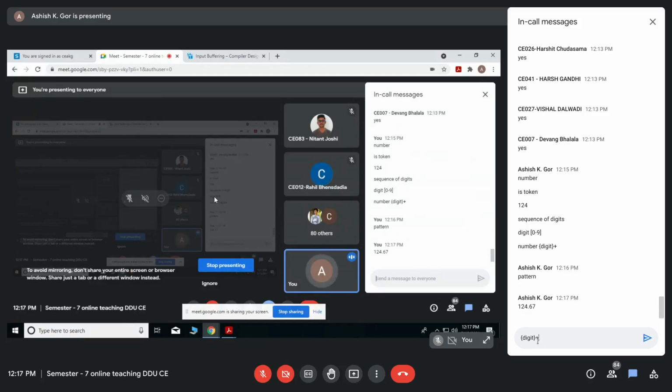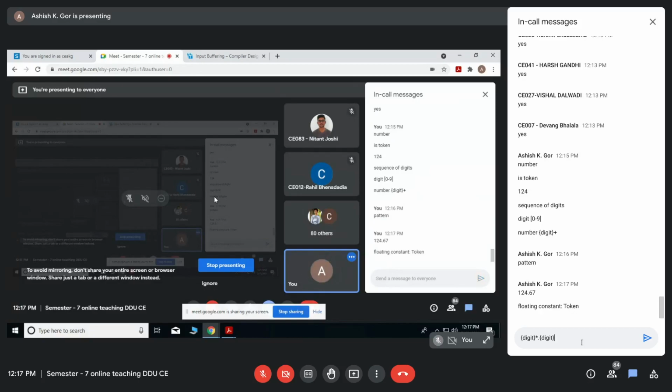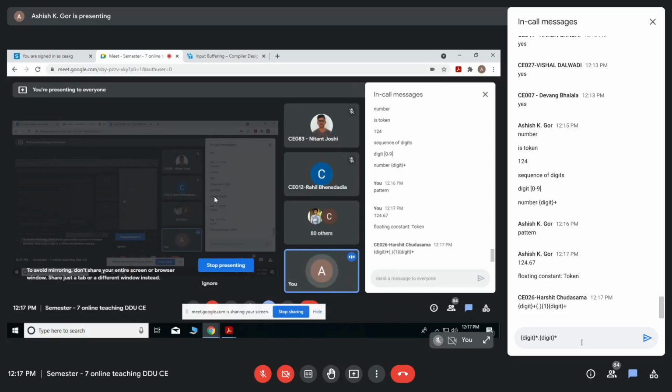What rule should I write so that I can detect the entire 124.67 as one token, which is a floating point constant? This is the name of the token, floating point constant. How will you write a pattern for that? Any idea? This dot here is actually the decimal point.